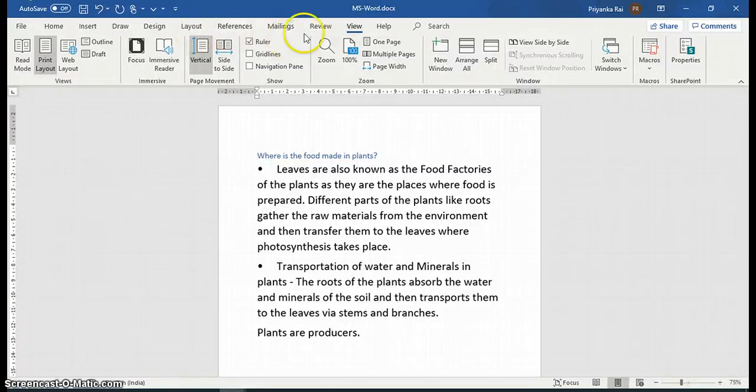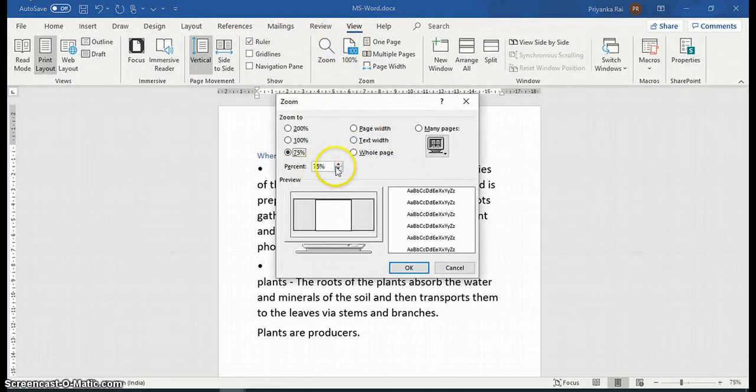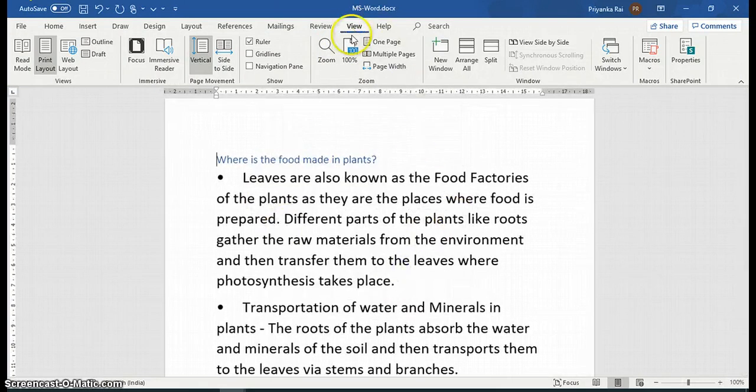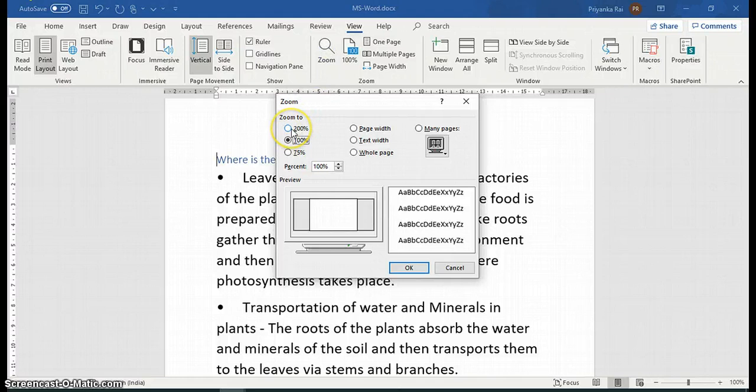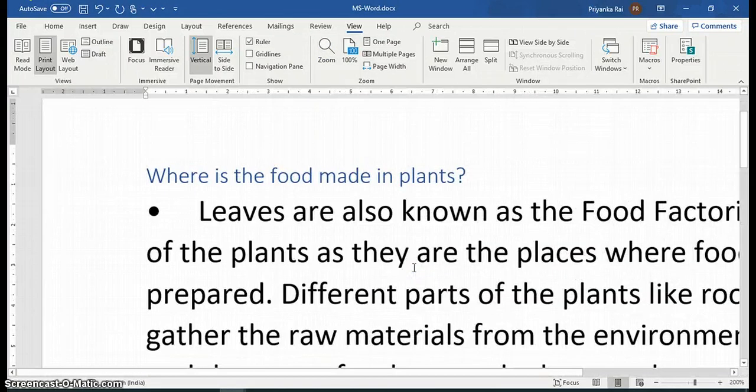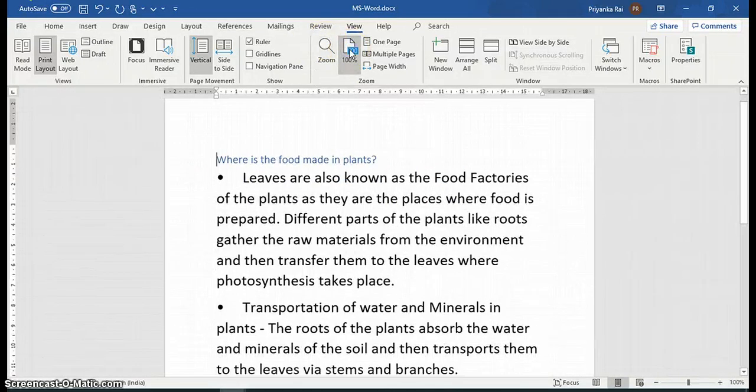Now here view button is also there, and you can change the size like 75%. You can click here also, and if you will click on OK, this is now 100%. Now if you want to make it 200% of its actual size on screen, then this is the 200%. And now if you want actual size, I'm clicking on 100%. So in this way you can change not the size, but the display of the text.